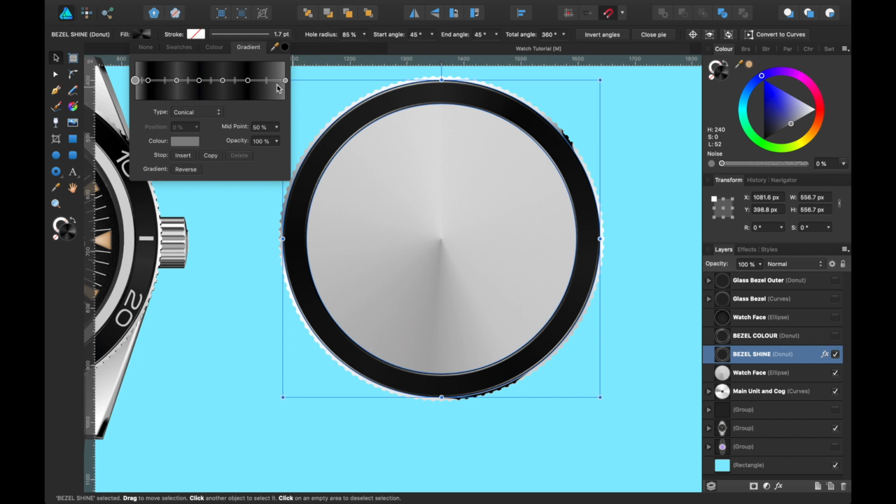And you can see here what I've done, same as before. But also I added the 3D effect on it.